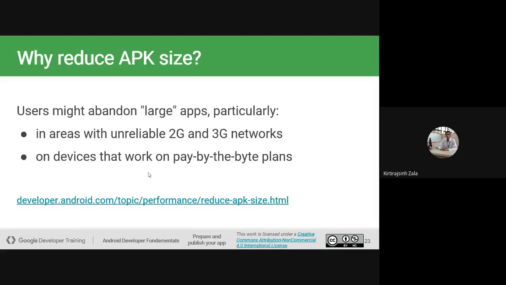But right now I think you have unlimited data. Every day you are getting 1 or 2 GB if you are using a prepaid plan. If you are using a postpaid plan, then I think you are getting 40 to 50 GB per month. So this actually eliminates the concern of having a large application, particularly right now.